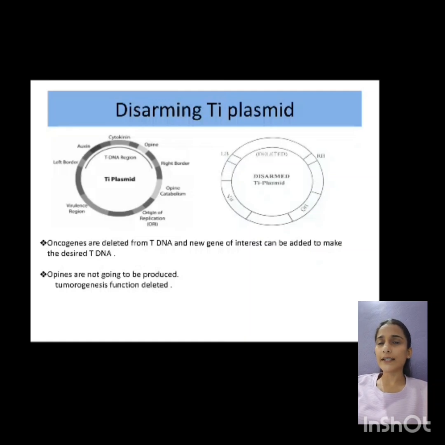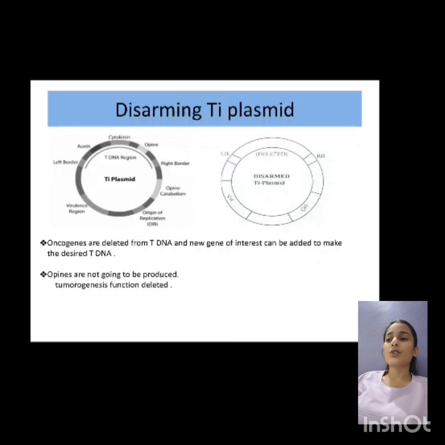We don't need the auxin, cytokinin, and opine region, because we want to insert our gene of interest, or the desired gene. So we delete the auxin, cytokinin, and opine region. We cut that. This is how the size of the TI plasmid somewhat decreases, and then we can join the new gene of interest, which we want to transfer to the plant,